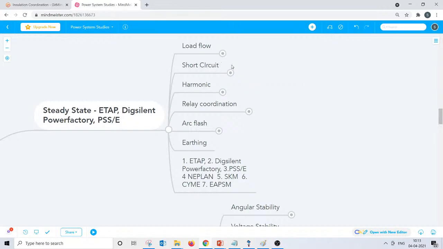Load flow basically optimizes many parameters. Take an example: what's the on-load tap changer range which is needed, which can be defined only in the load flow analysis. What's the minimum tap, what's the maximum tap, what's the tap step, all these things have to be identified using a load flow.